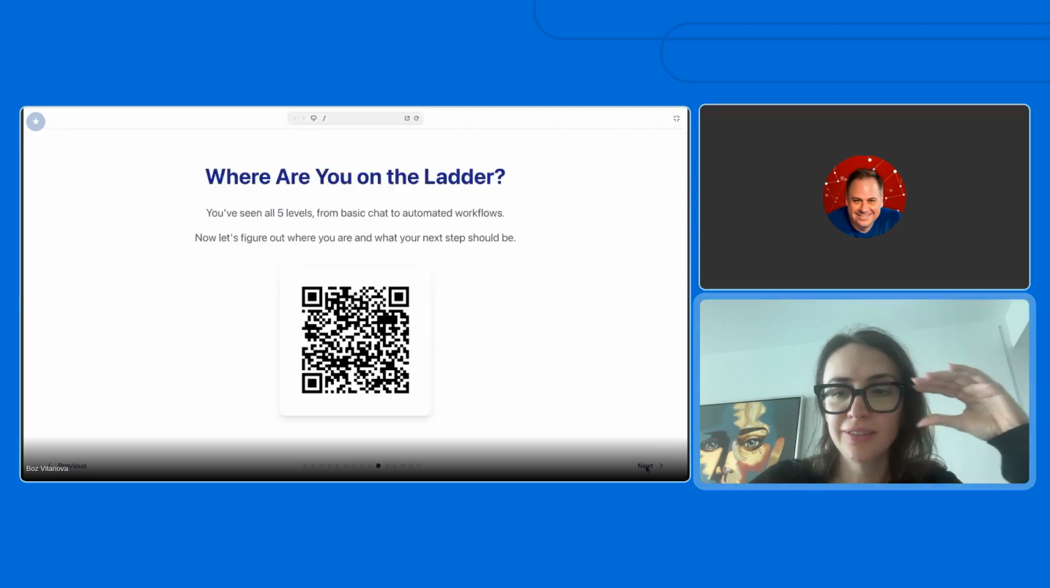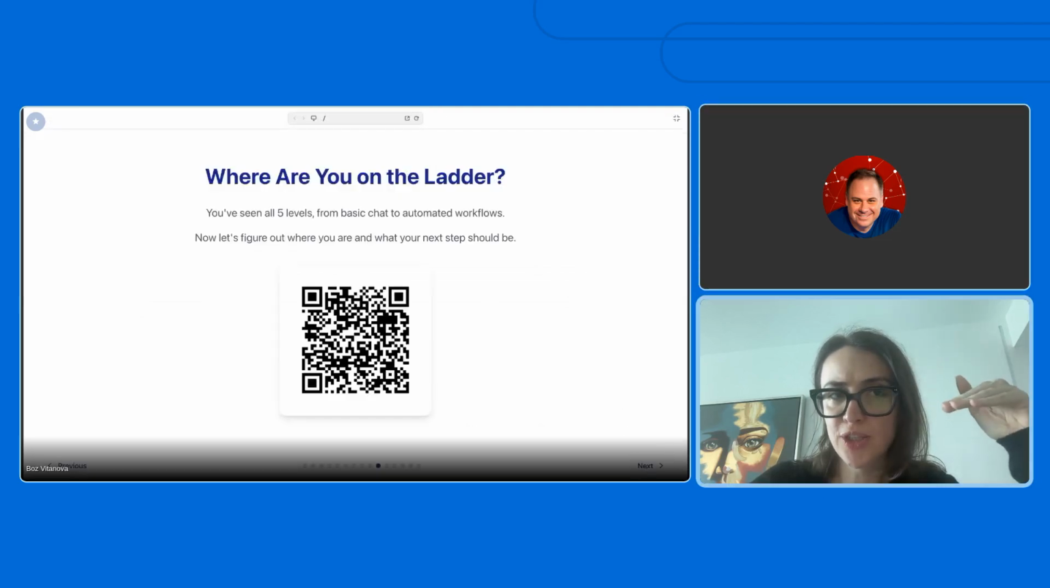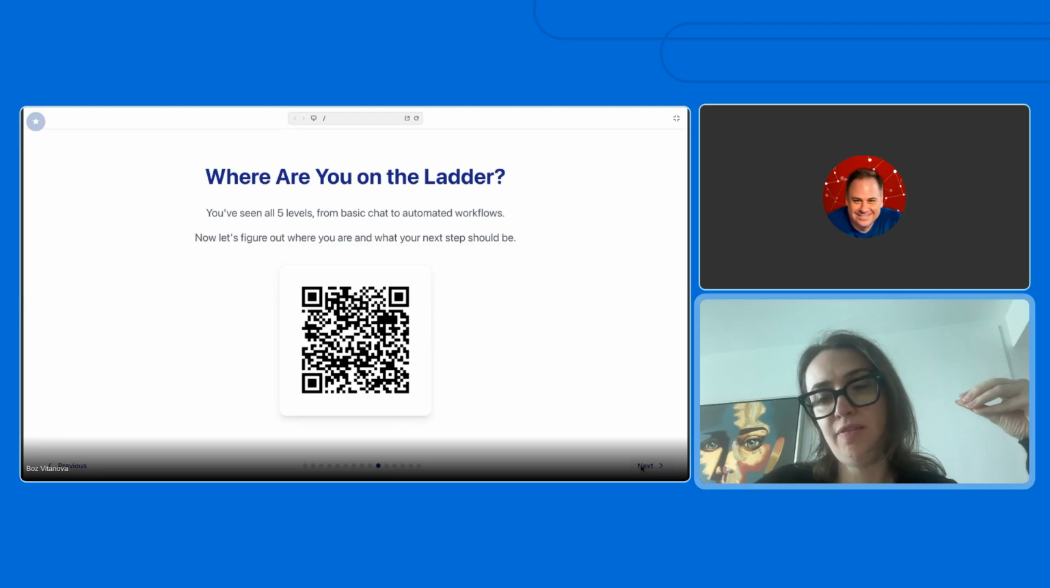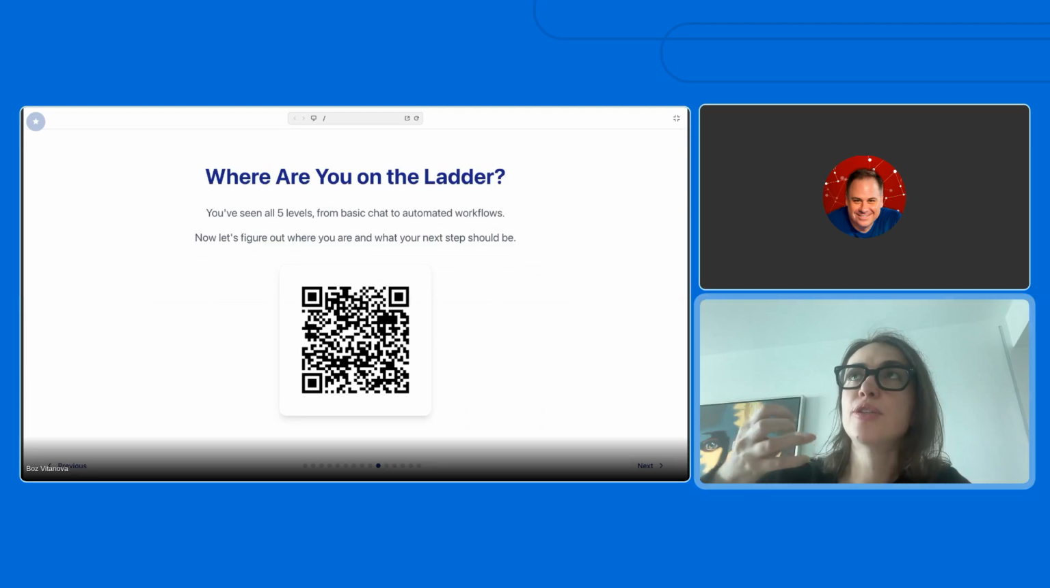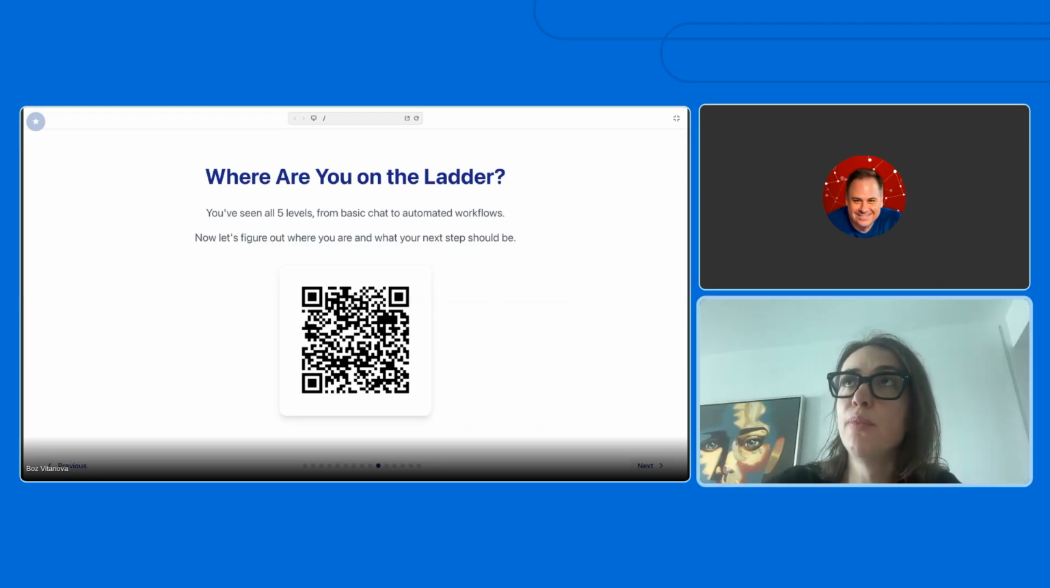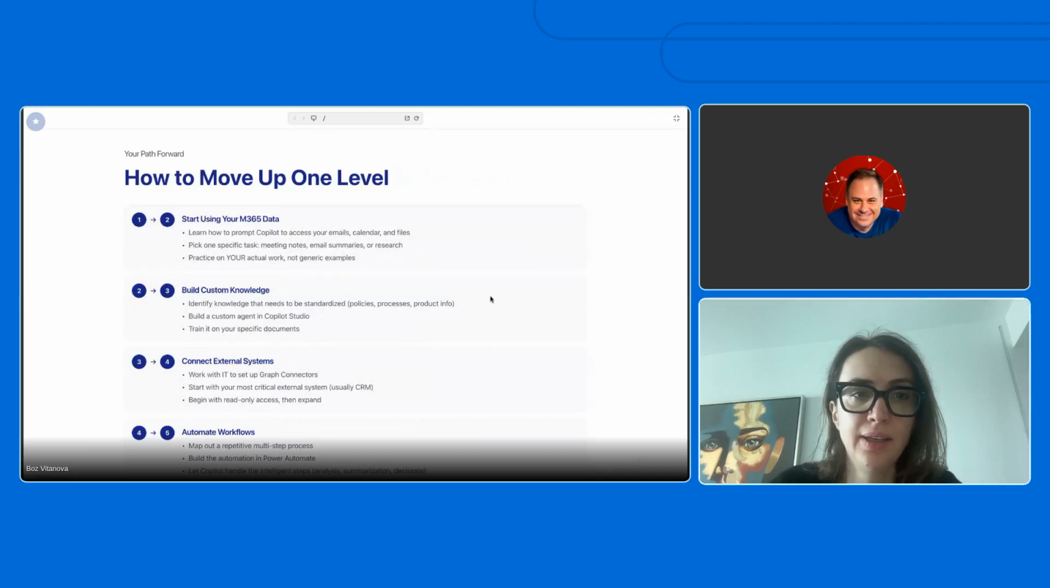I'm going to go back and we'll focus on level 2 and 3, really how to get to level 2 and 3 if what you have done so far has mostly been using Copilot as a basic chat. If you're one of those users, really just start thinking about small experiments that you can do to start accessing more of the information that's available in your Microsoft applications. So